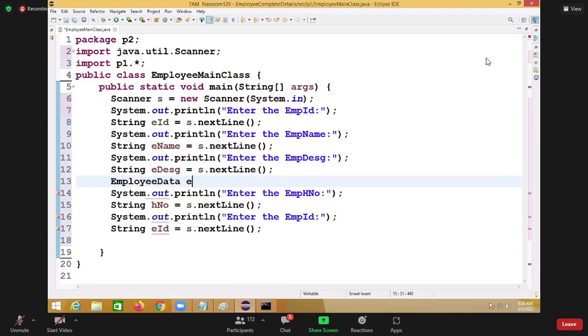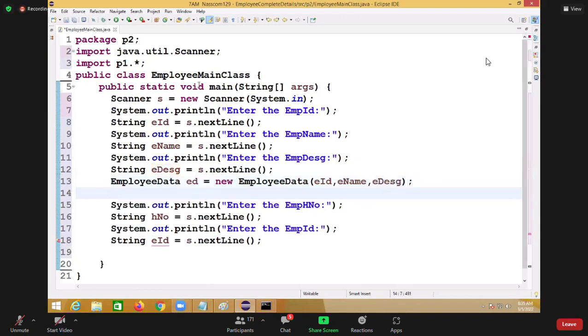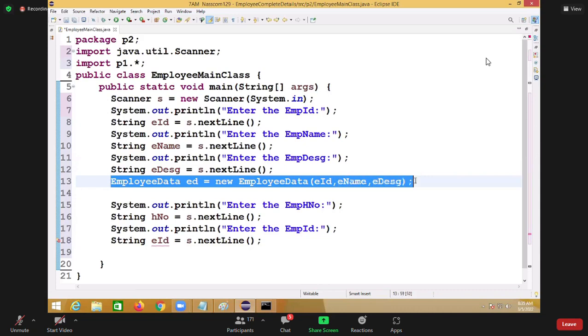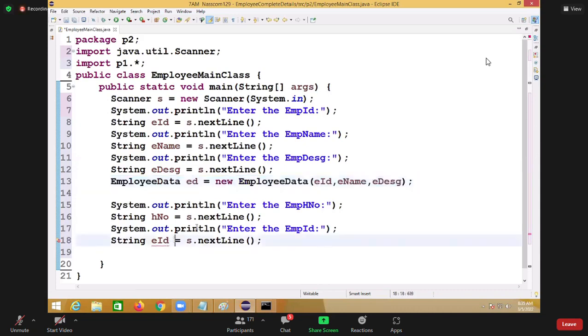EmployeeData ed is equal to new EmployeeData. You can pass parameters, no? EID, E name. Next what now? E designation. This is employee data or not now? Yes or no? Now employee house number, street name,